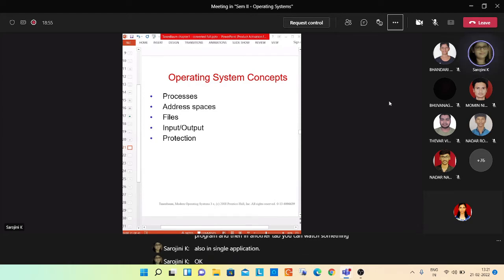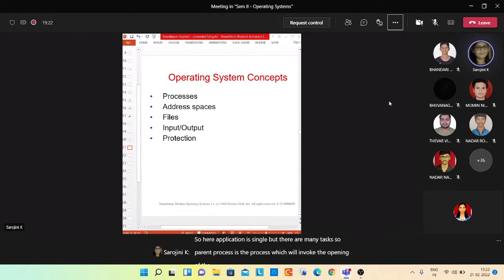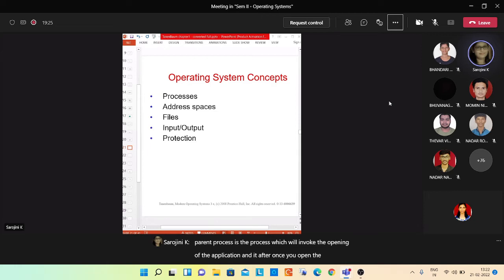For example, you are opening a browser; in one tab you are watching a video, in another tab you are reading some book, or in one tab you are playing some audio. So here the application is single, but there are many tasks. The parent process is the process which will invoke the opening of the application, and once you opened it, whatever you are doing will be a child process for that application. So there is a parent process, and under that there are many child processes. That is also possible.